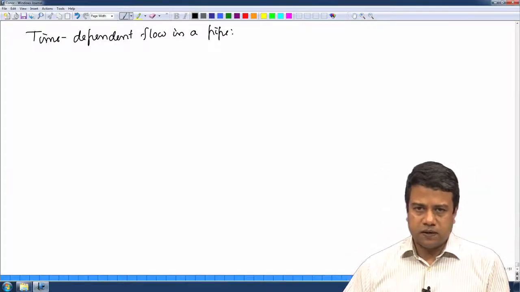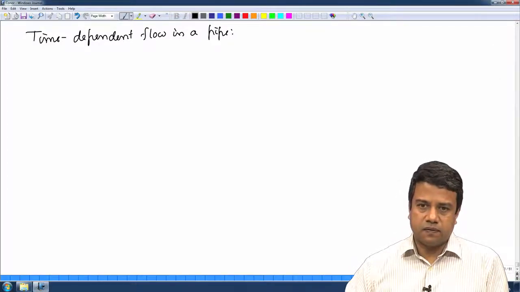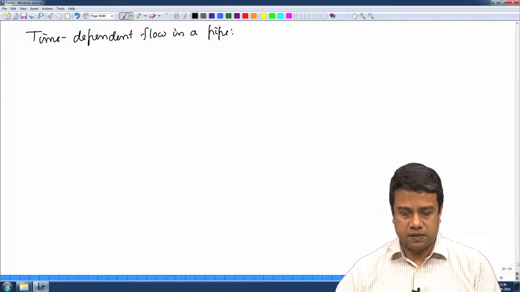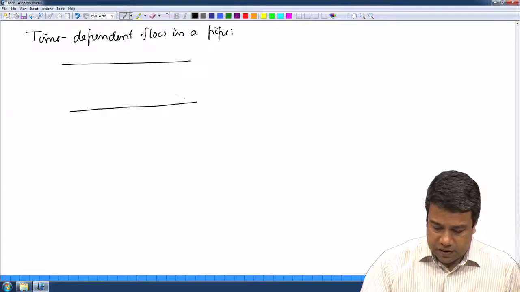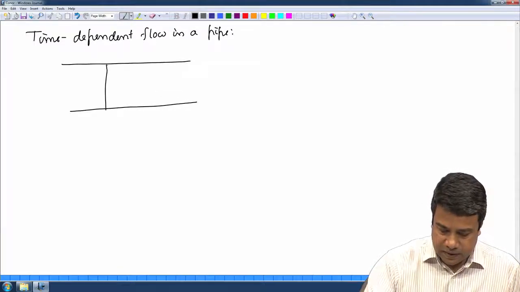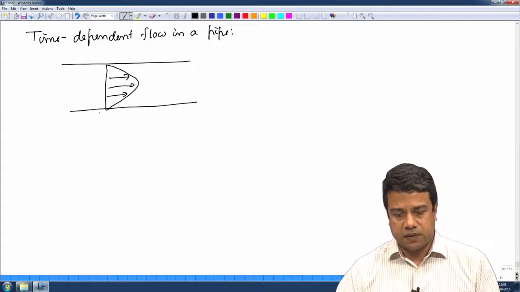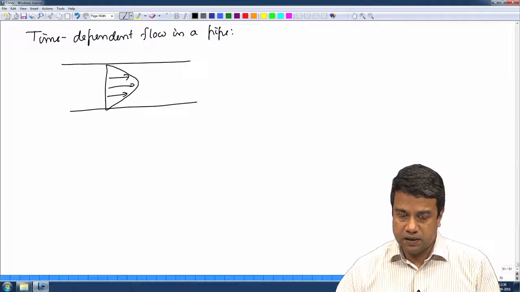One can look at two different kinds of situations. One is the unsteady flow, the time required for the flow to become steady. So, a typical configuration in that case would be, this is the steady parabolic velocity profile. However, I could consider a case where initially the